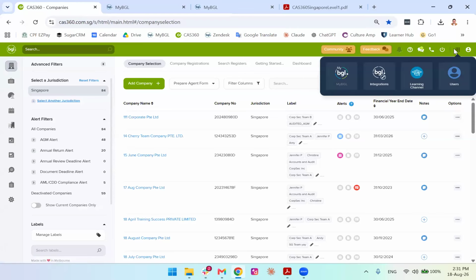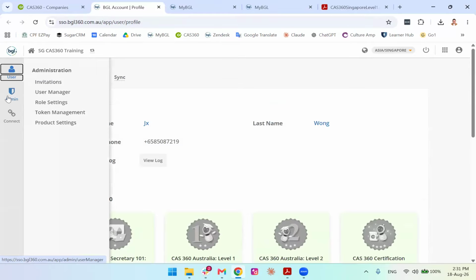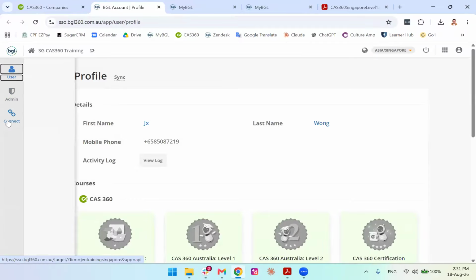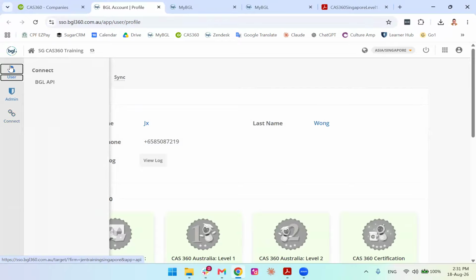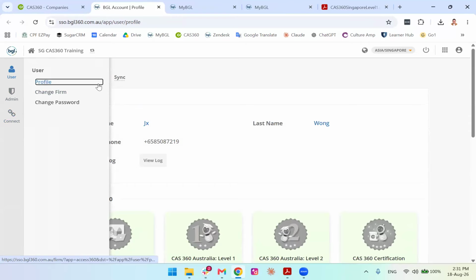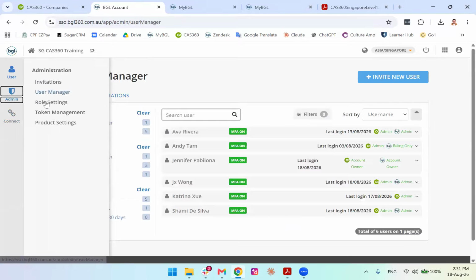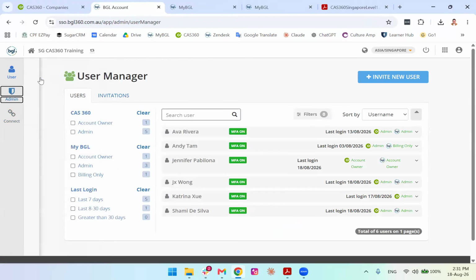Also, if you are an account owner or an admin for your subscription, you can always go into user, and then you can invite your colleague or your team to be able to access CAS 360. So this is the platform whereby mainly the account owner can access, and then you can always do the invitation